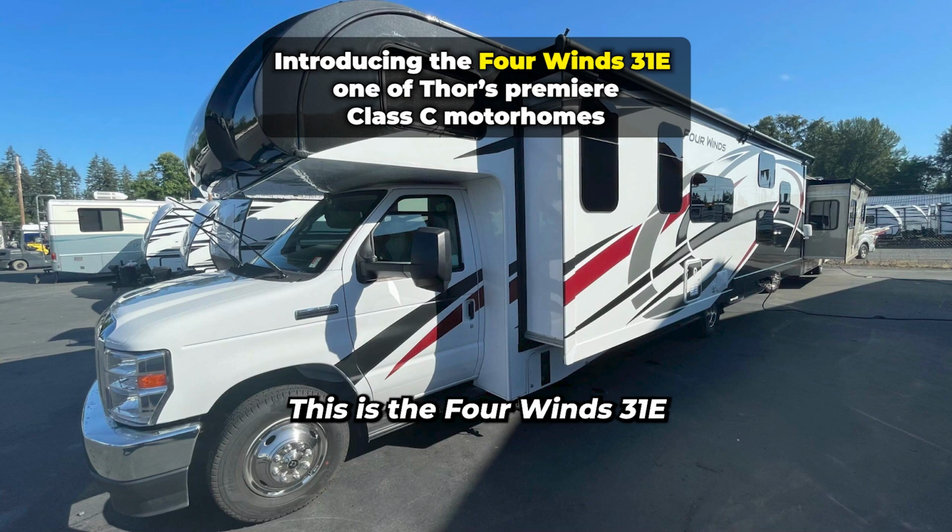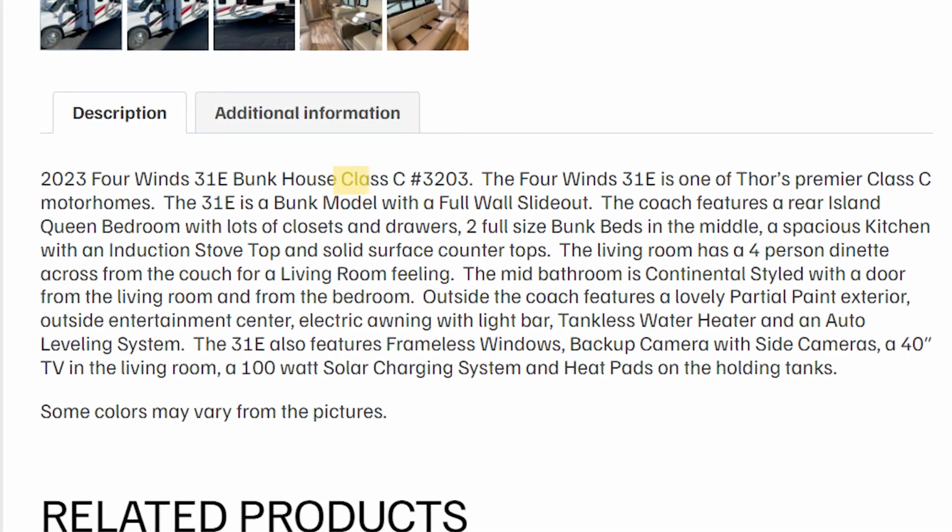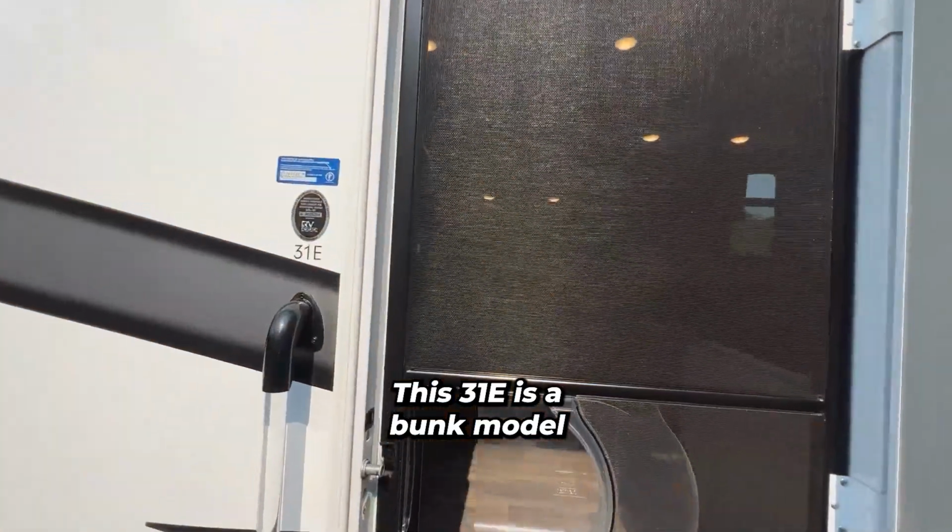This is the Four Winds 31E by Thor Motorhomes. Save over $50,000 on this premium RV. Get it before it sells out. This 31E is a bunk model